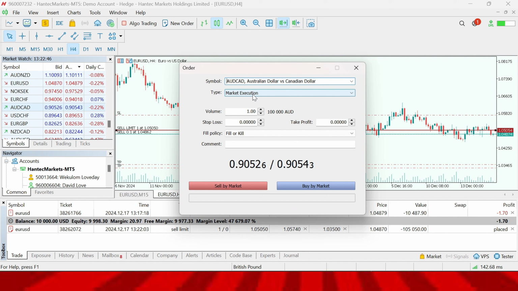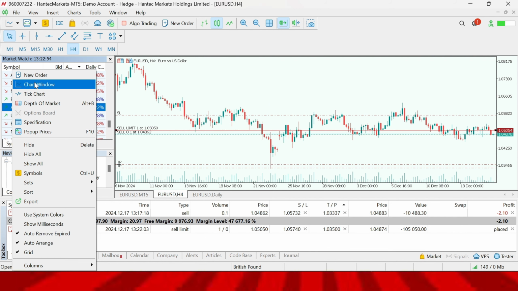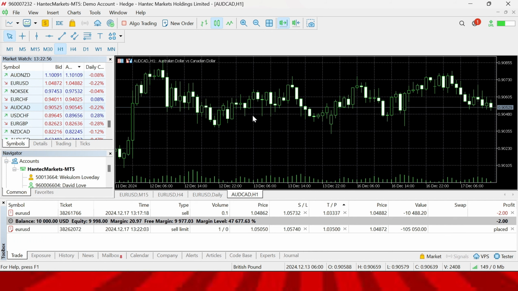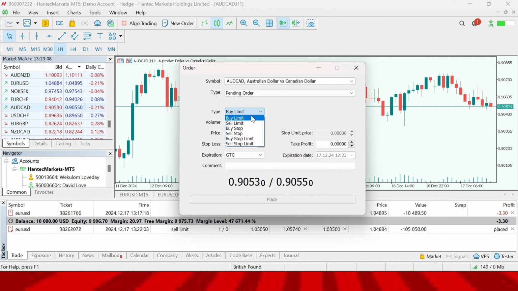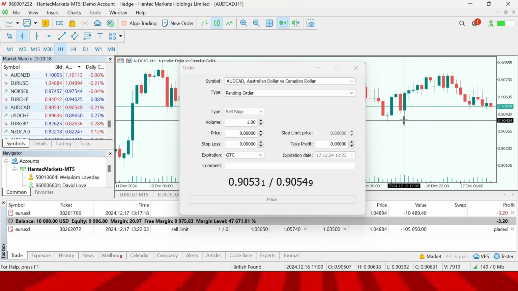Go to the trade type. Let's assume that we want to trade AUD CAD. Right click on it on the chart. Go to the chart window you have opened on it. Change the template to what you want. In this case, we want to do a sell stop. Our lot size is the same. Our entry point, let's say we want to enter this sell when the market gets to